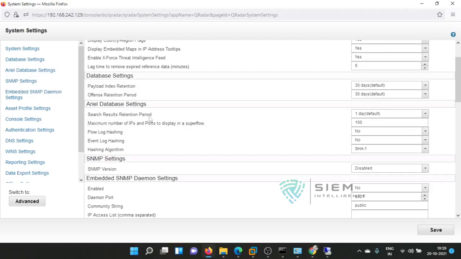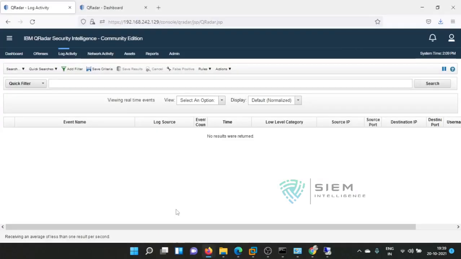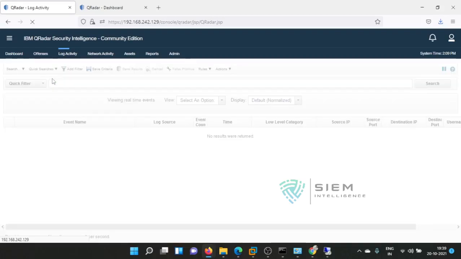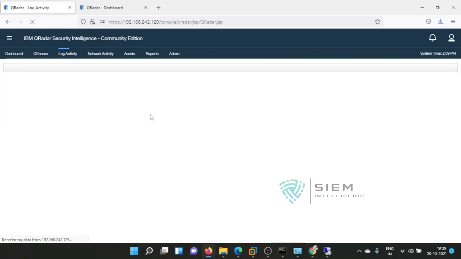Search result retention. Whenever you do a search, if you don't want to run the same search again and again, you can go to manage search results. In this, I do some search once again so that you can come to know. I did some search.